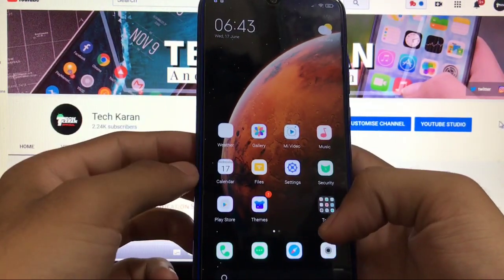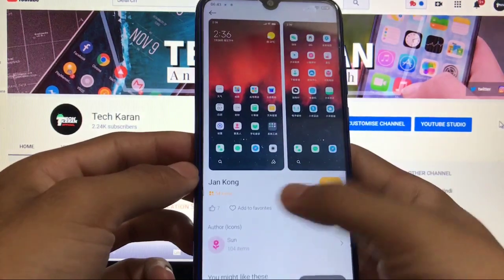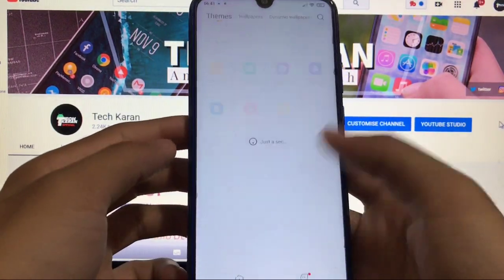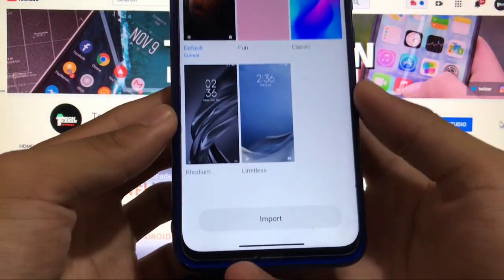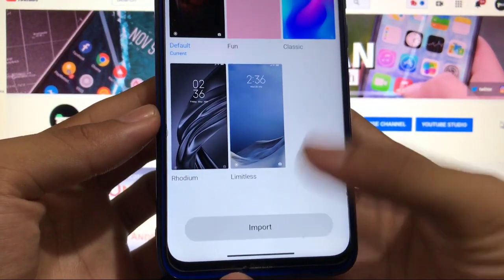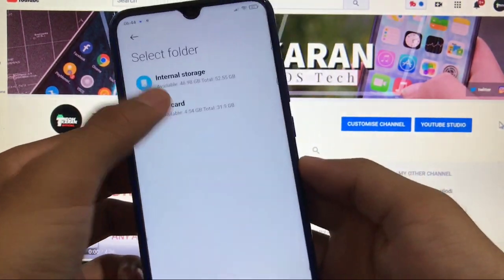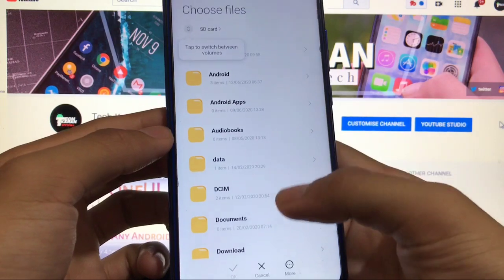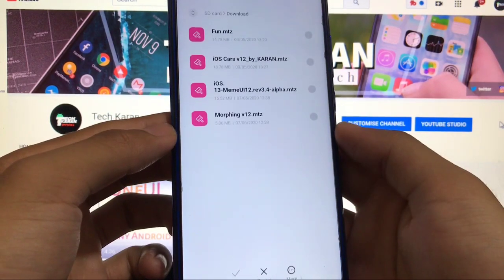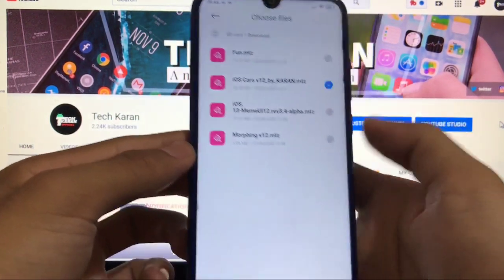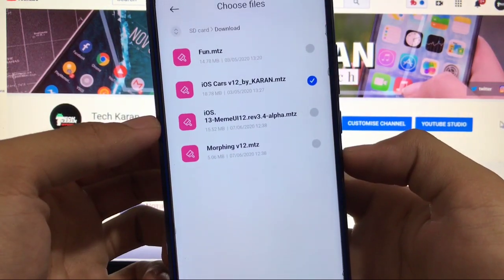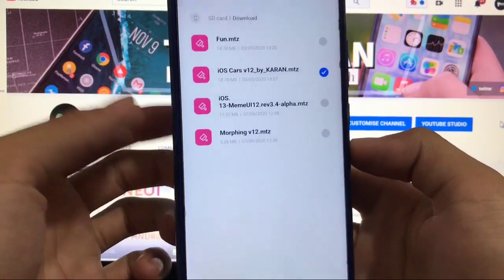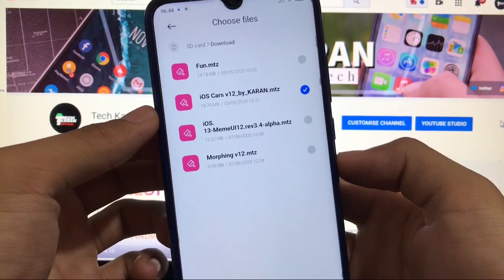Everything is just fine here. And also, if you want to apply some themes, you can apply all the themes directly from the import section. Also, you can import third-party themes without having any issues. Just click on import and import whatever theme you like. I'll choose this one, iOS Cars V12 by Karan.mtz. If you have not watched my themes video, you can go and check it out.